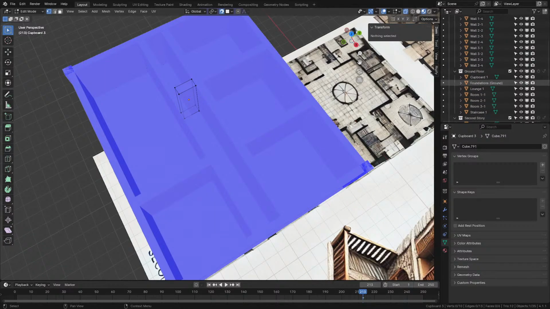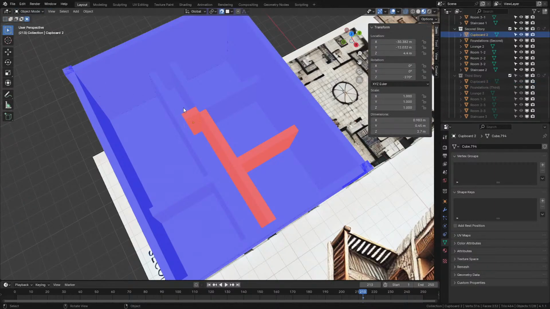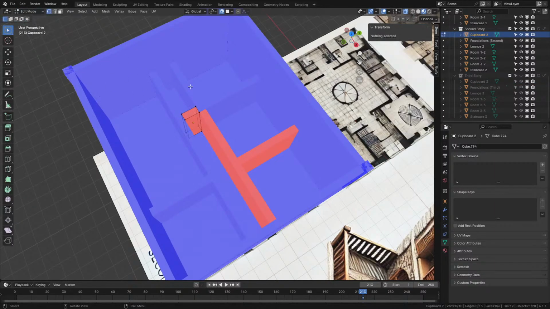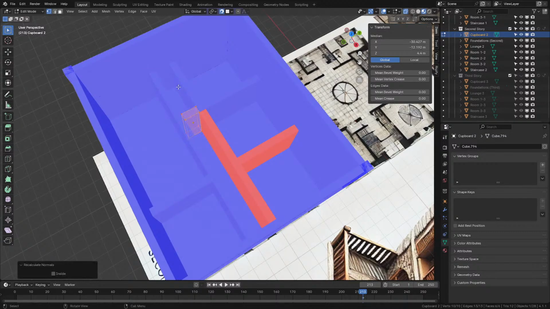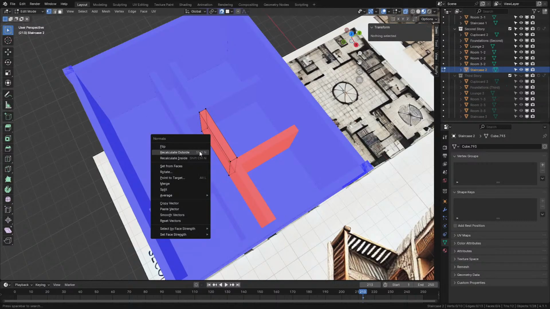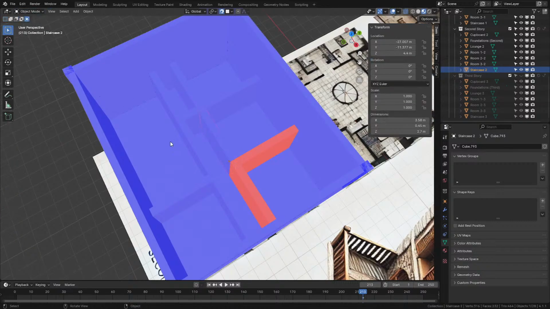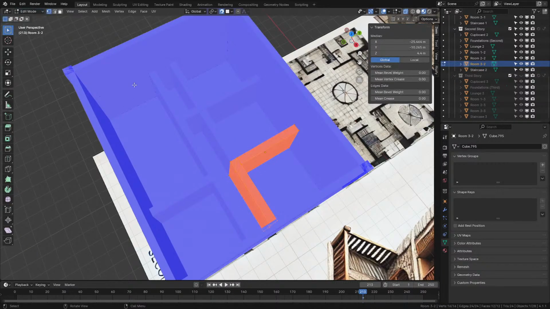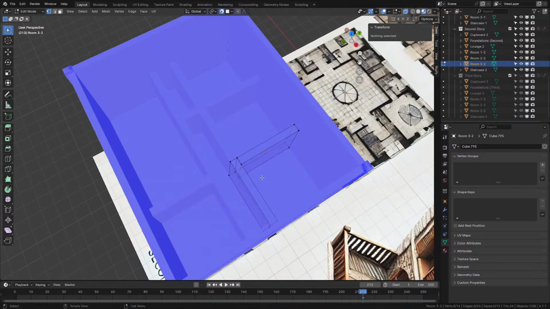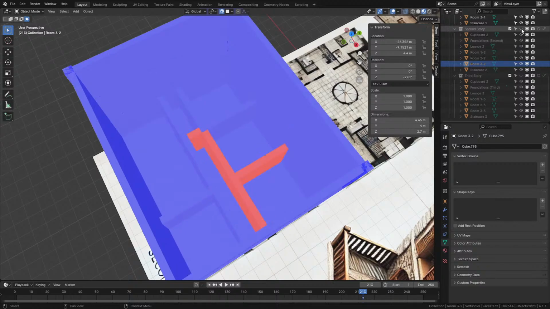Now, that's the third one. We go Edit, A, Control N, recalculate outsides, objects, that. Edit mode, A, Control N, recalculate outsides, go into object. Second story is done,